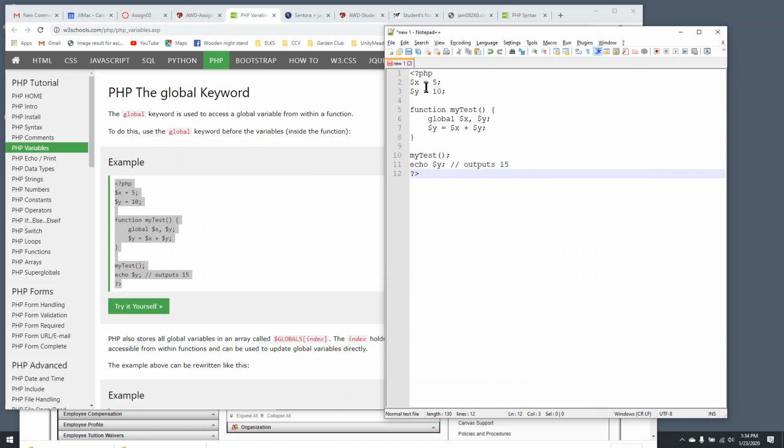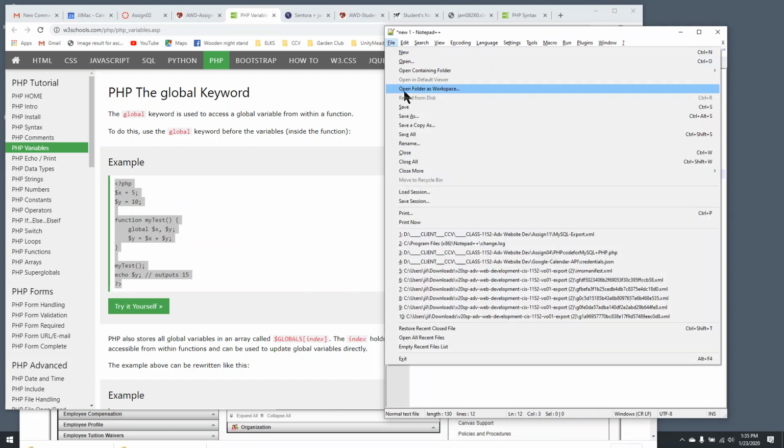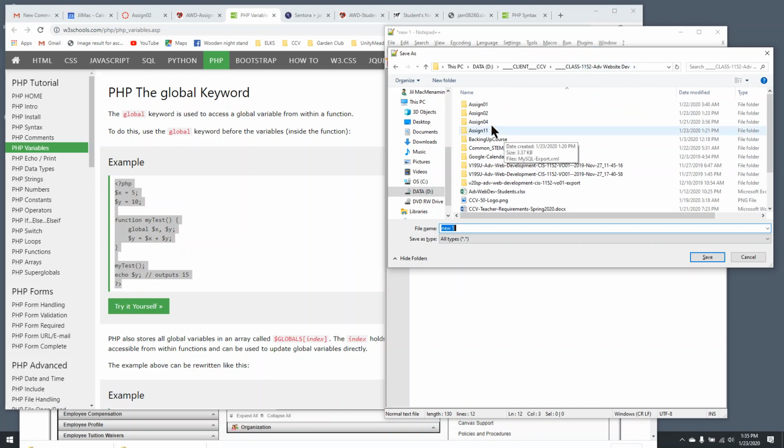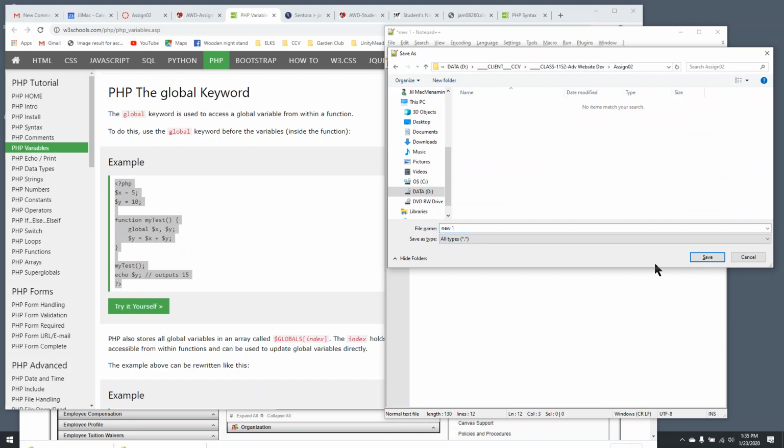Now Notepad doesn't give us any color coding because it doesn't know what kind of a file it is. It could just be a text file. It isn't until you save it, File, Save As, and I'm going to be putting it out in my advanced web development, and I'm wanting it to go into my assignment 2. So I'll open that folder, and I'll call this file